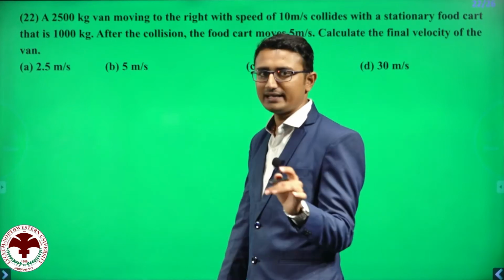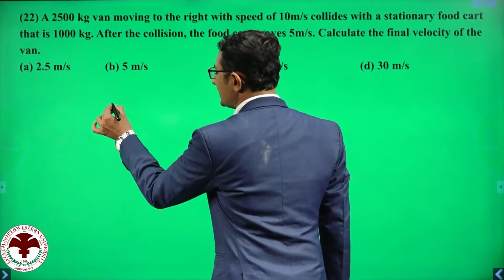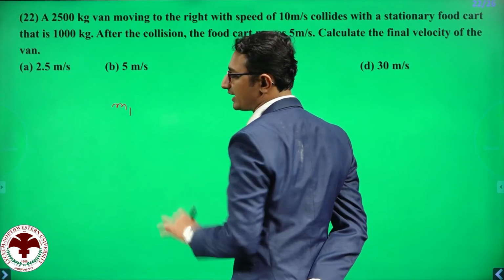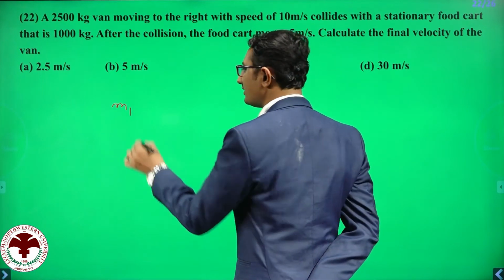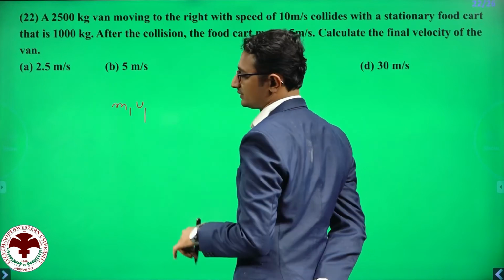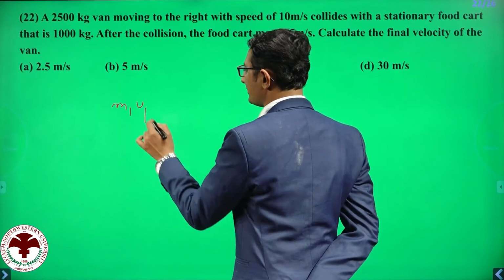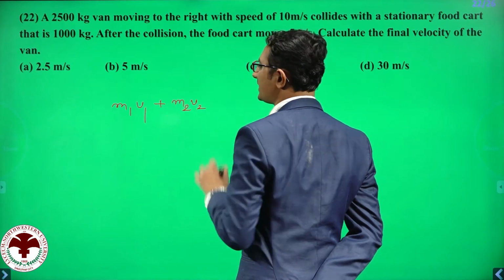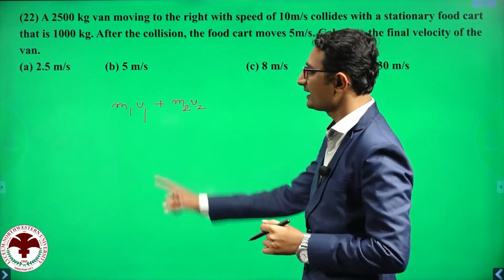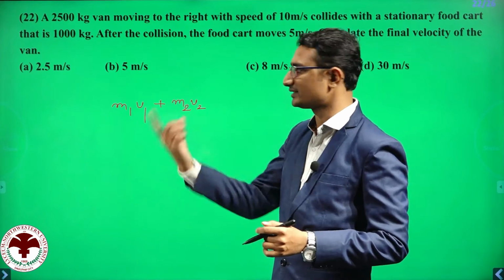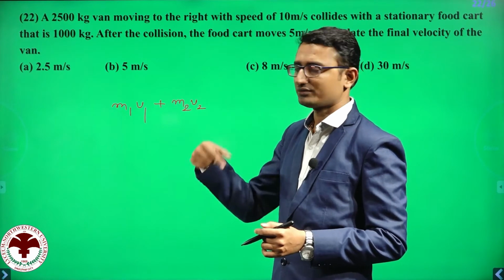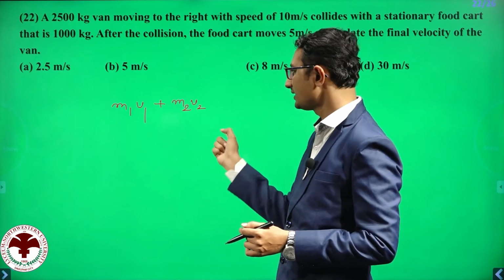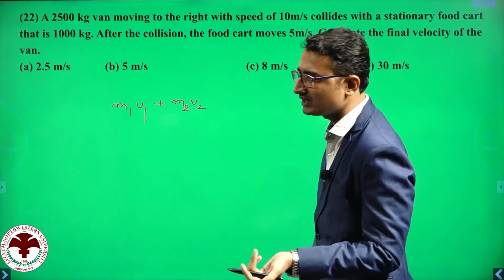First of all, we will write the law of conservation of momentum. Initial momentum is what? Suppose the first body is the van. Mass of van is m1, velocity is v1, so m1 v1 plus m2 v2. Let me explain m1 v1 and m2 v2. m1 is the mass of the first object, v1 is the speed of the first object, m2 is the mass of the second, that is the food cart, and v2 is the velocity of the food cart,